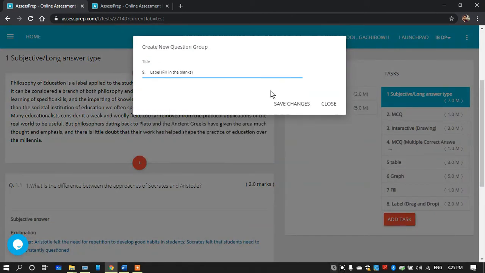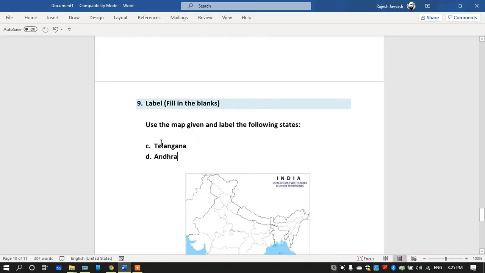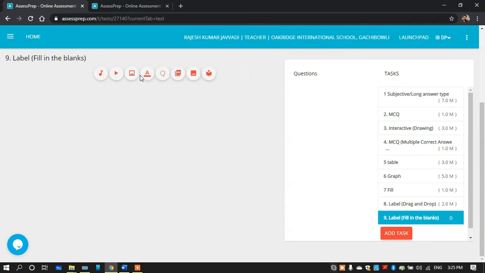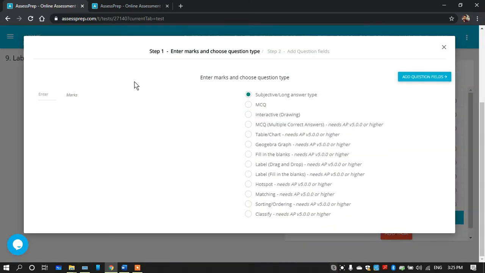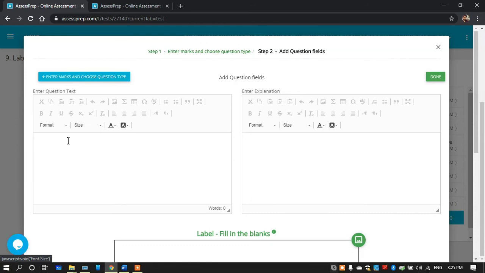I'm naming this question labeling fill in the blanks, save changes, go into my Word doc, copy this question, coming back to Assessprep, creating the question, assuming this question is of 2 marks, label fill in the blanks. Okay, so once done with labeling fill in the blanks, I'm going to show you what's the difference between these two. Okay, fine. So click on add question fields and I'm going to paste my question in the question text field,